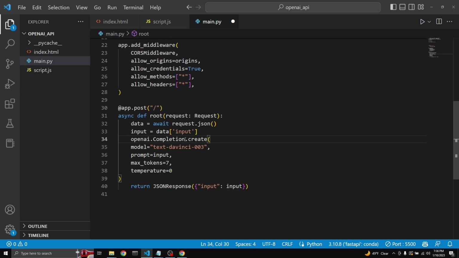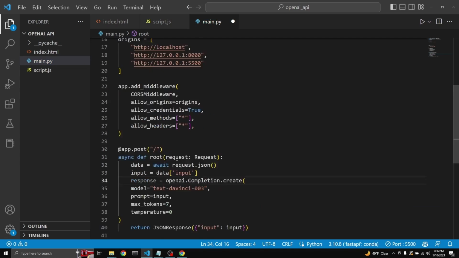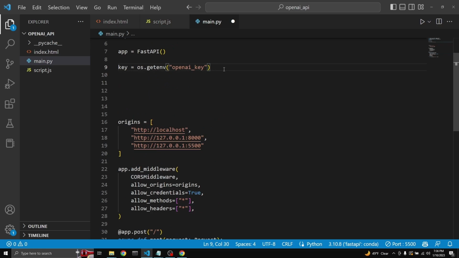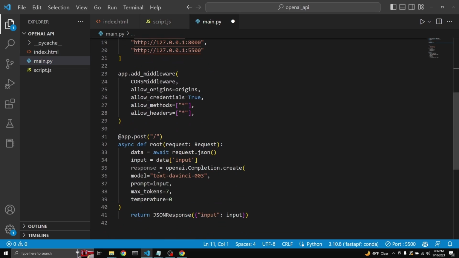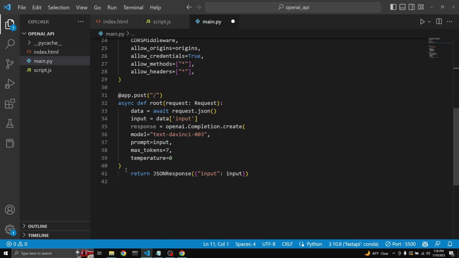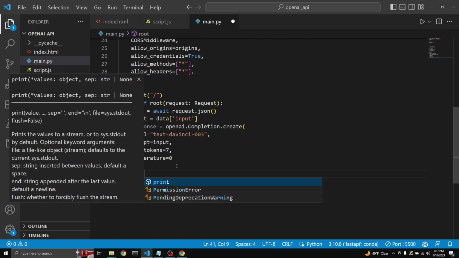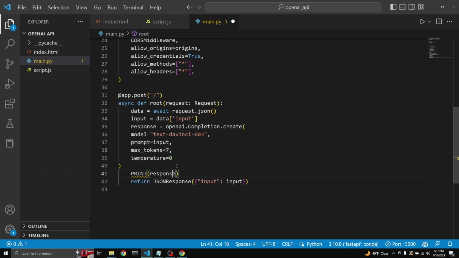So here we're just making the request to OpenAI, but we need to assign it to a variable. Let's just assign it to response. Also, I forgot to assign my key. I've assigned it to a variable, but I need to assign it to OpenAI.API key equals key. So we're doing that so that this can work. So we're getting the response, and the response is quite long. It's a JSON object. If we were to print response,